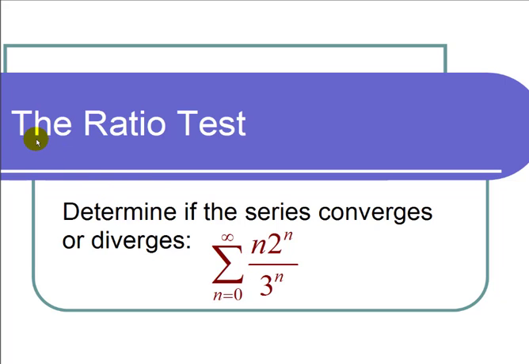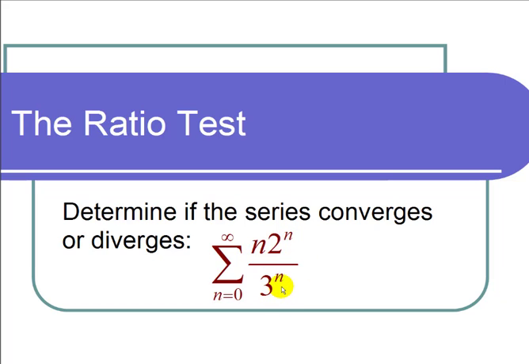This is a video on the ratio test. The question states, determine if the series converges or diverges. And we have the sum from n equals 0 to infinity of n times 2 to the n divided by